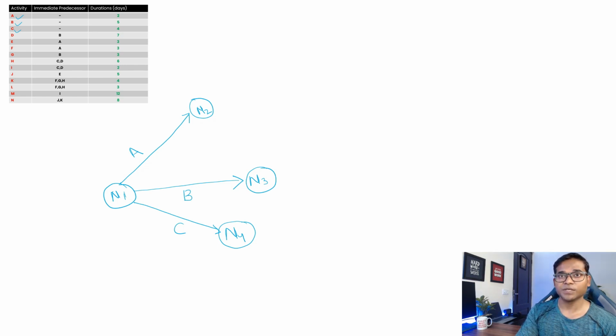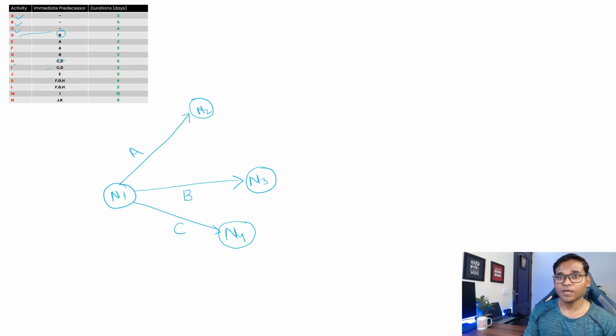Now if you see activity D, it should start with B, where B is finishing. So B is finishing here. But if you see, D is also a predecessor for H activity and then I activity, right? Because if you just look at this row, it simply says that D should start after B, right? So you can simply draw a node here and just mention it as D, but